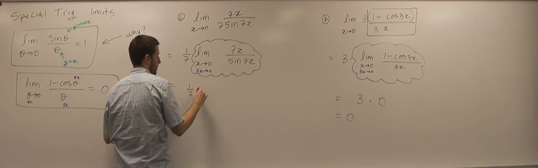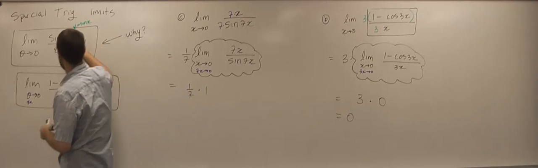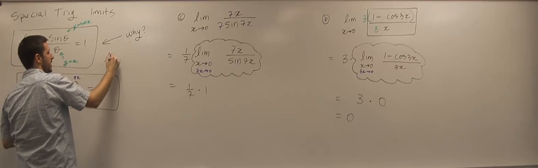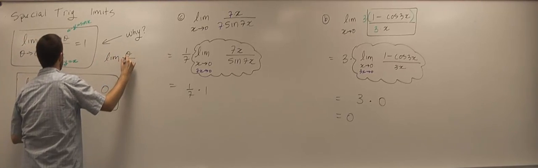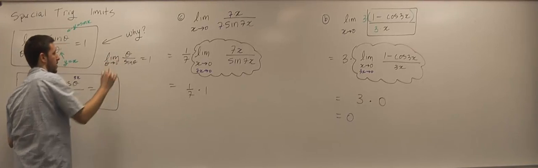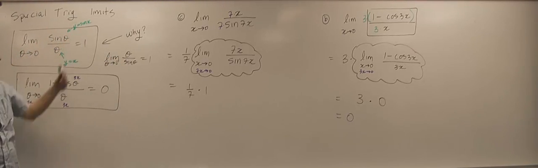Why? This is the opposite. It's the reciprocal of this. Right? If this limit's equal to 1, then you know automatically that the limit of the reciprocal is also equal to 1. Because if you flip this, you get the reciprocal of 1, which is